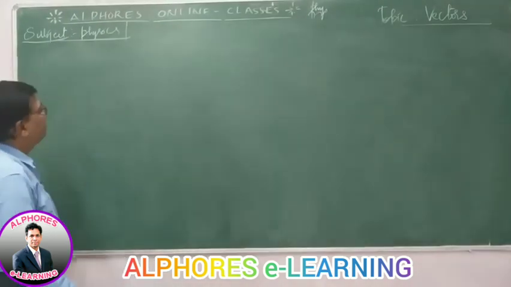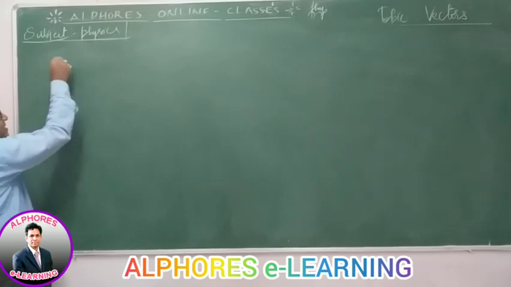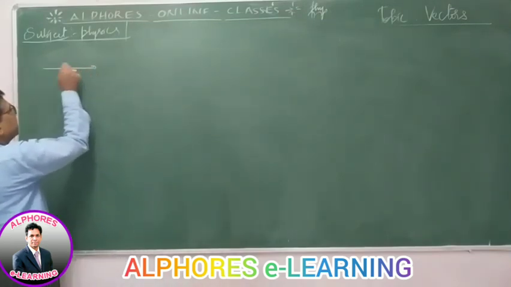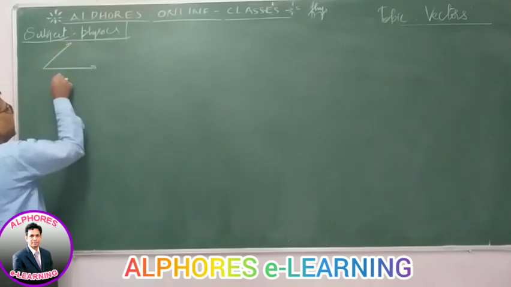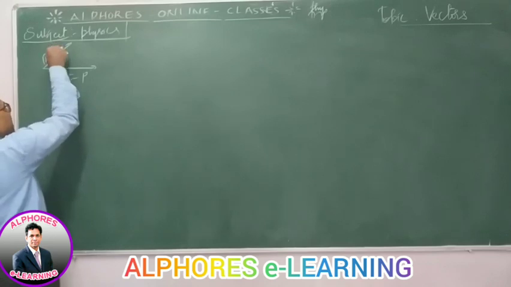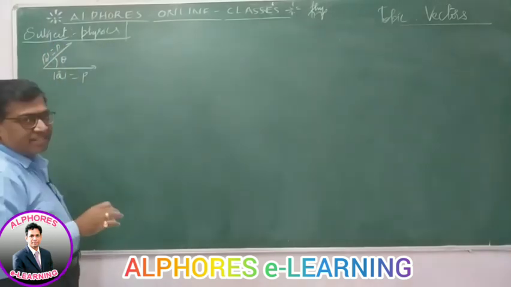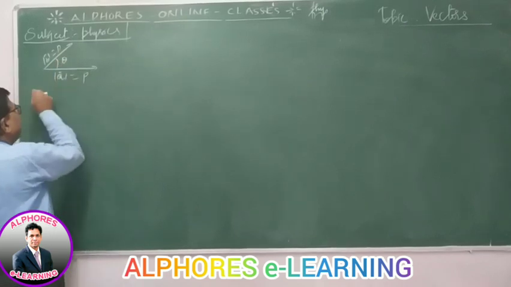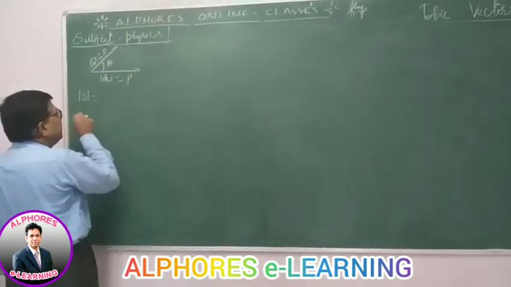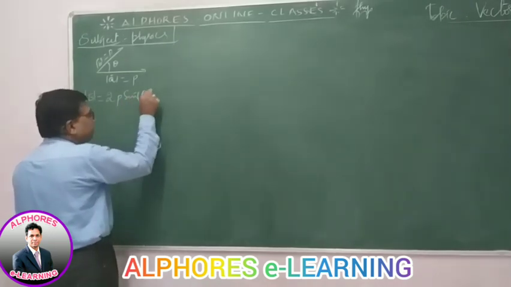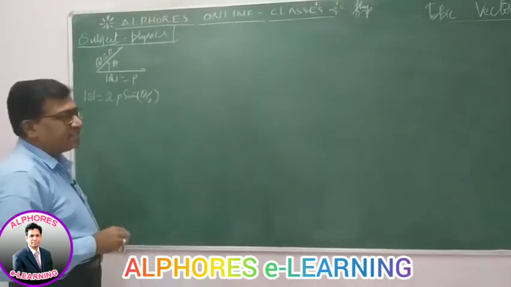Yes, next, subtraction resultant. Let us take up the various cases in subtraction resultant. If two vectors A bar and B bar are of same magnitude, with angle theta between them, then we have deduced that for same magnitude the subtraction resultant mod S is equal to 2P sin theta by 2.